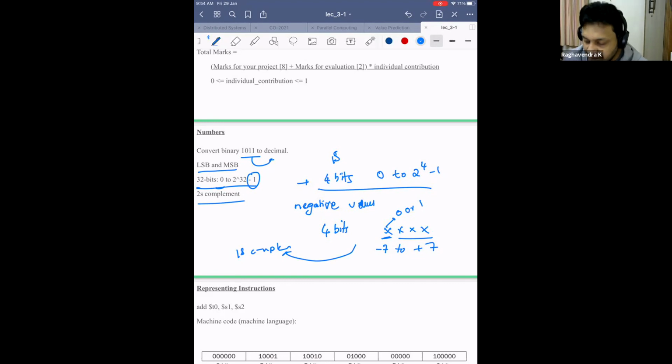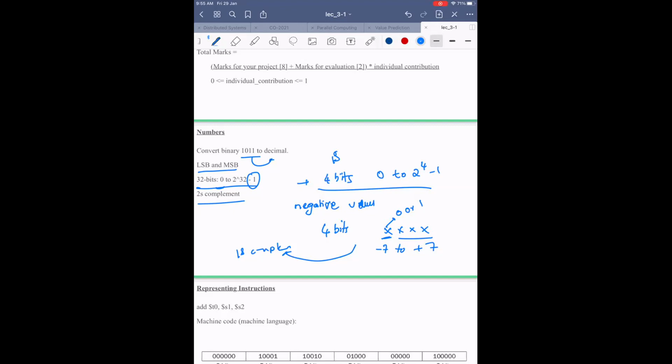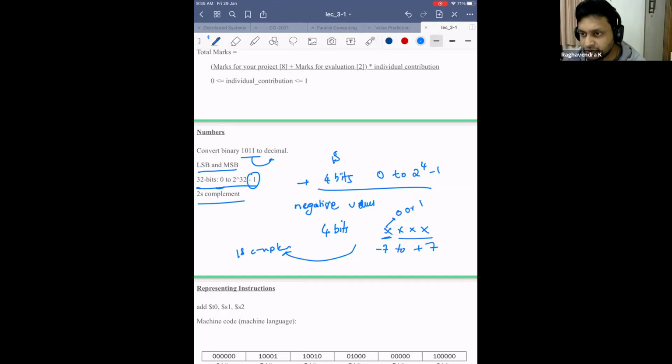But I'm still not happy. I go to 2's complement. Why? Because in 2's complement, the complement of 0 is specifically defined as 0. So you're able to store from -8 to +7. Now, is that the only reason that I use 2's complement? Or, the other way to ask this question is, why does that happen in 2's complement? What is so special about 2's complement? Why does 0 get a unique place in 2's complement?